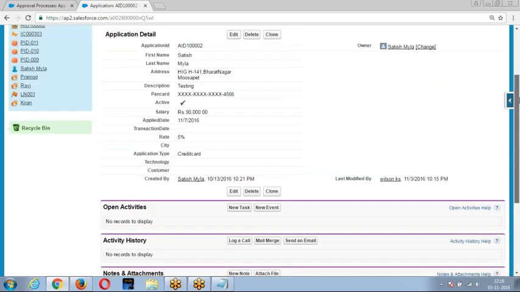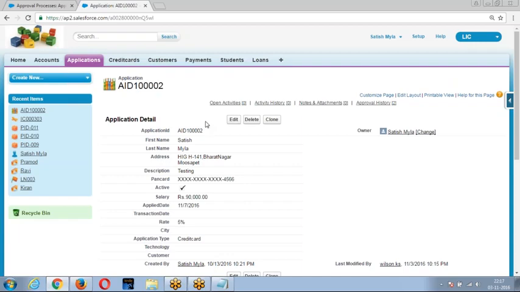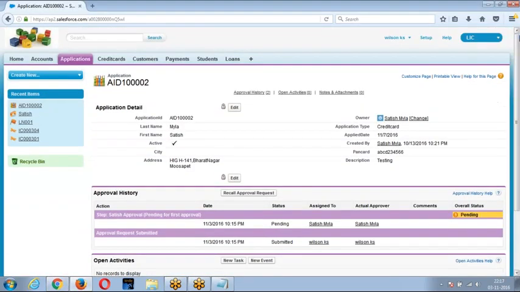Now the same thing, whatever I discussed, I'll take one use case. Let us understand in terms of a use case. Let us see the use case I'm creating.